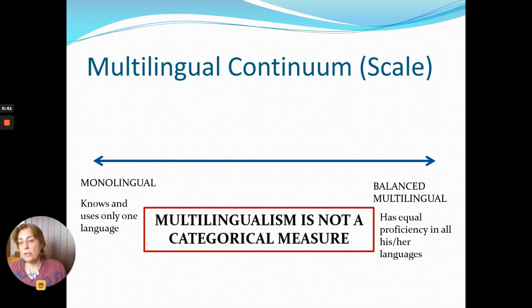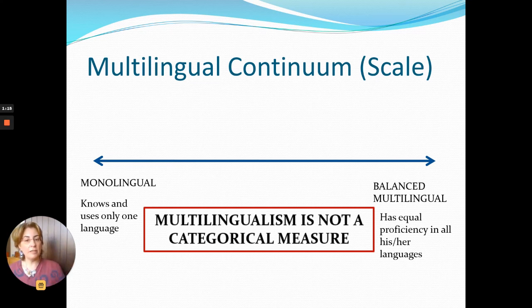side, a purely monolingual, hypothetically monolingual person who knows and uses only one language, doesn't even use those borrowings that I've been mentioning to you, which are the minimal expression of multilingualism, and never says pizza or sushi or anything like that. And of course, such a person hardly speaks, but that would be like the idealized monolingual person, and that would be in one extreme of the continuum.